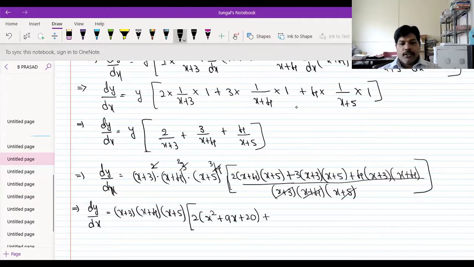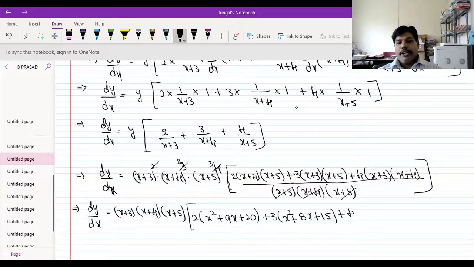plus 3 into, multiply these two terms, students, x plus 3 into x plus 5. So what we will get? x square plus 3x plus 5x. So in total it will become 8x plus constant 3 into 5, that is nothing but 15,